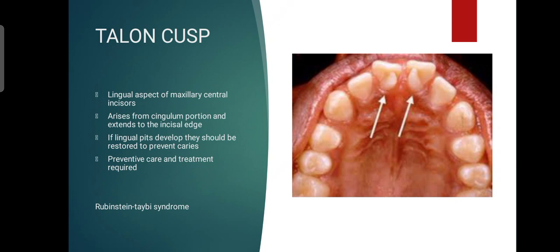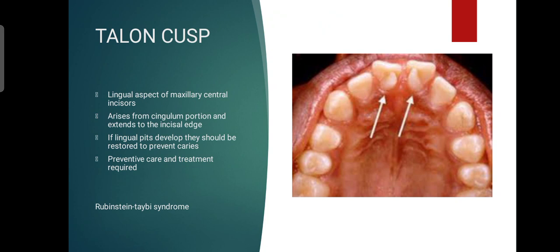It is called talon cusp because its unusual shape resembles an eagle's talon. This abnormal cusp arises from the cingulum portion of the tooth. The cingulum is the bulging portion near the cemento-enamel junction, the root and enamel junction. This portion of the tooth usually extends to the incisal edge as a prominent projection of enamel that imparts a T shape. Occasionally, deep lingual pits develop on either side of the talon cusp where it joins the lingual surface